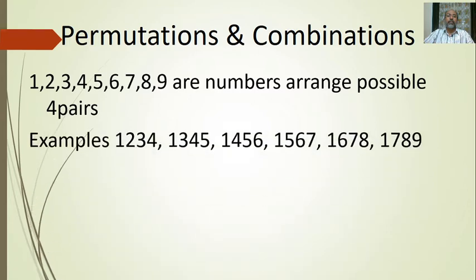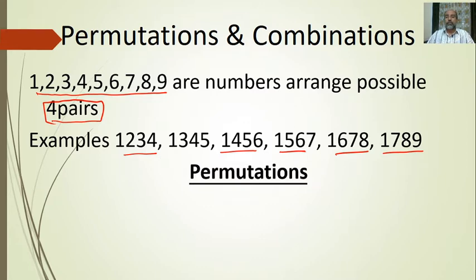We'll take an example with the above 1 to 9, asked to pair into 4 pairs. So we can write in this way: 4 pairs, 4 sets every time we want. For example, we start with 1, 2, 3, 4; 1, 3, 4, 5; 1, 4, 5, 6; 1, 5, 6, 7; 1, 6, 7, 8; 1, 7, 8, 9, like that.